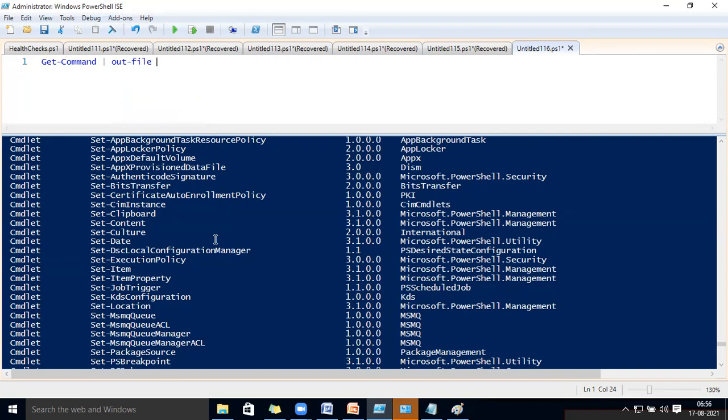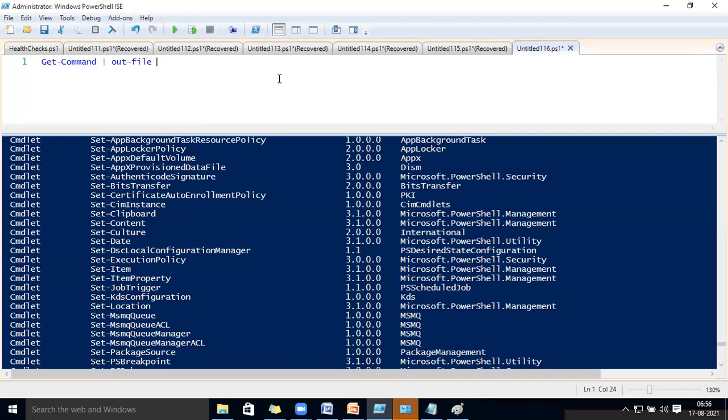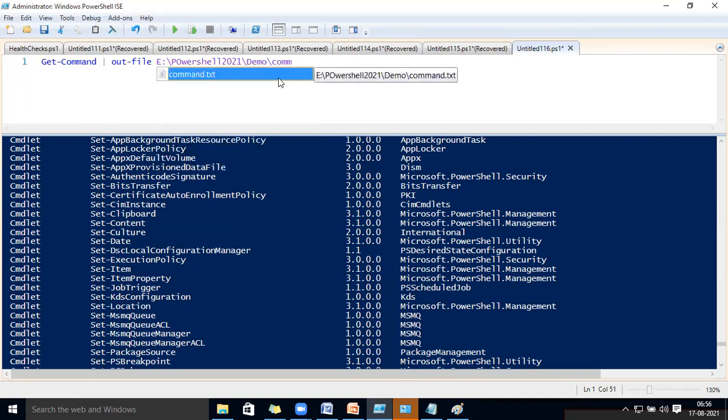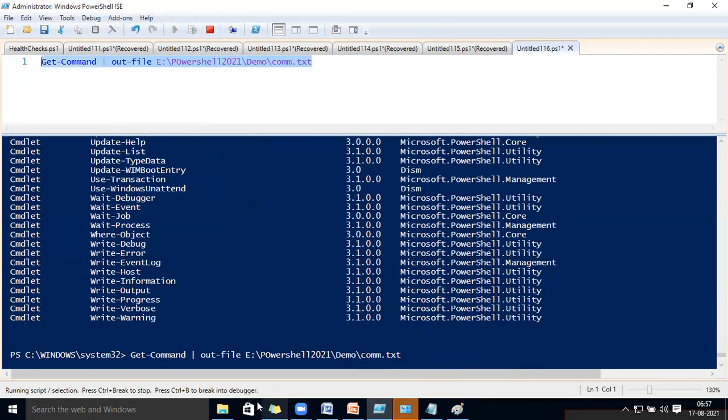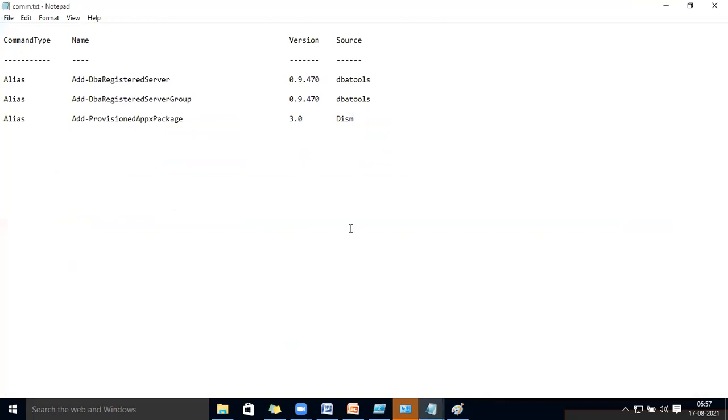And after that, you have to provide the path of the file where you want to save, for example command.txt. If I execute this, it is going to create the command.txt. It is here. Now it is easy, you can read it.